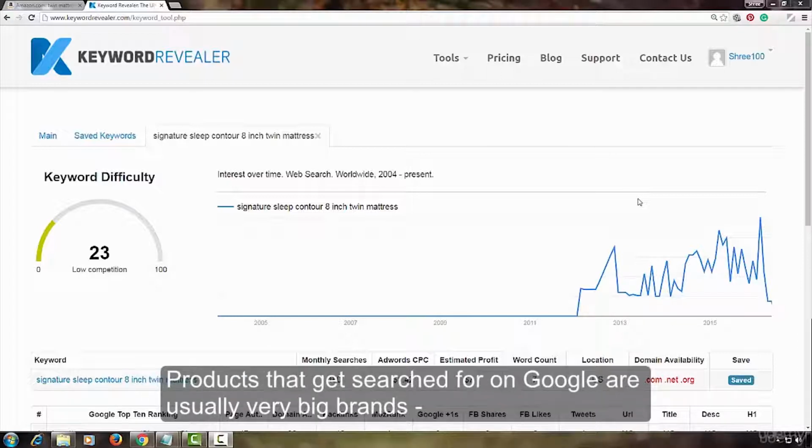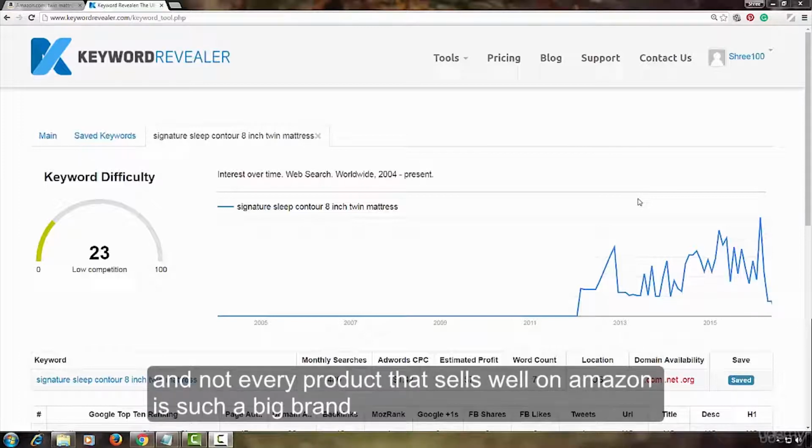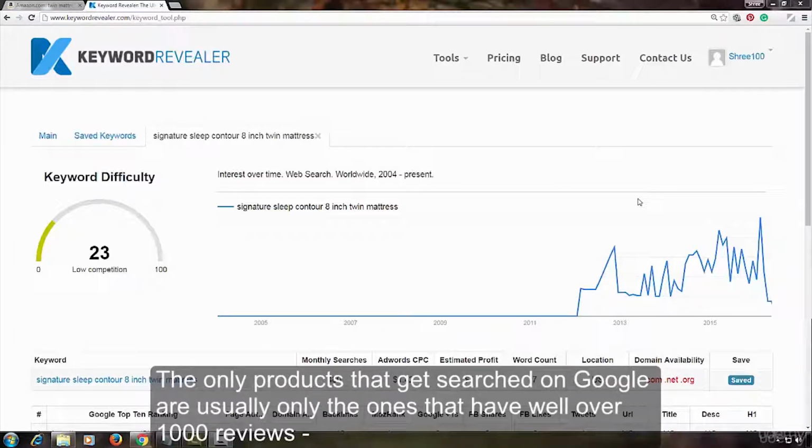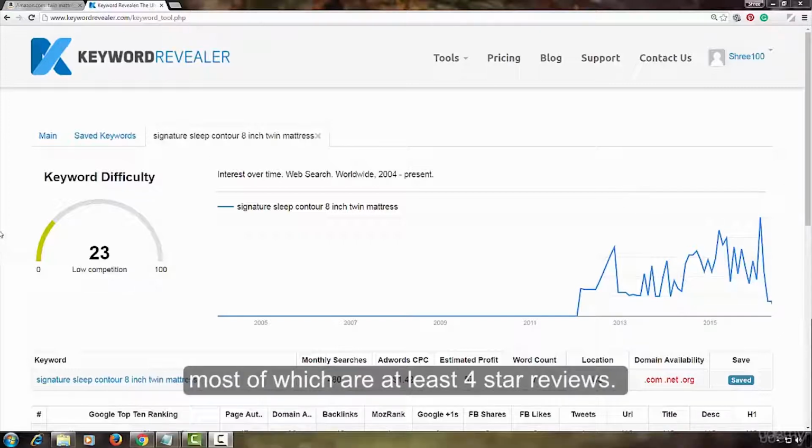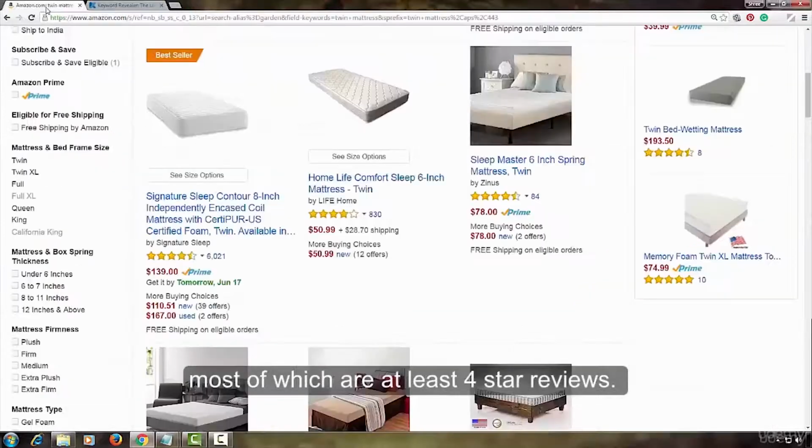Fact is, not every product that has dozens of 4 and 5-star reviews gets searched for on Google. Products that get searched for on Google are usually very big brands, and not every product that sells well on Amazon is such a big brand. The only products that get searched on Google are usually only the ones that have well over 1,000 reviews, most of which are at least 4-star reviews.